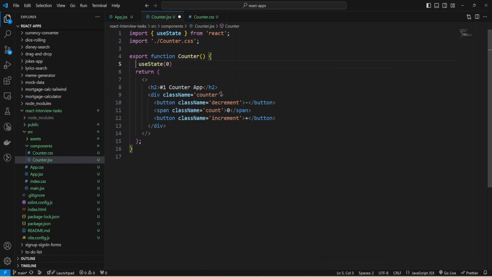And I need some variables to store the data that useState hook returns me, and I'll use count, and as function will be setCount. And now I can place here count instead of 0.